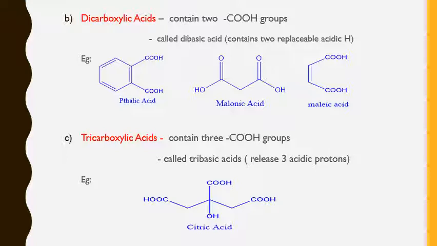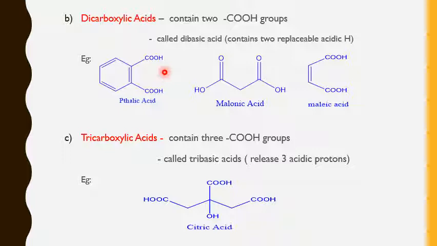These are some examples. Let's go to the examples after a few seconds, after learning the definition of dicarboxylic acids. Of course, you know by this time very well the definition of dicarboxylic, where dicarboxylic acids mean that the molecule contains two COOH functional groups. And is there a question whether the COOH groups can be on the same carbon or on different carbons? It could be on the same carbon or it could be on different carbons.